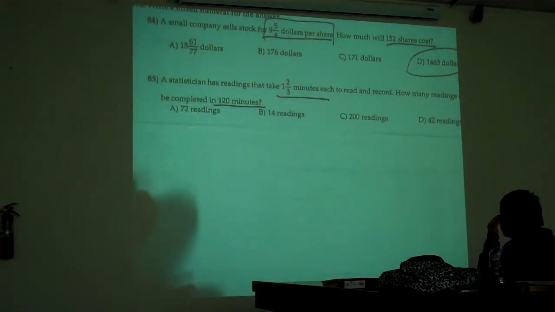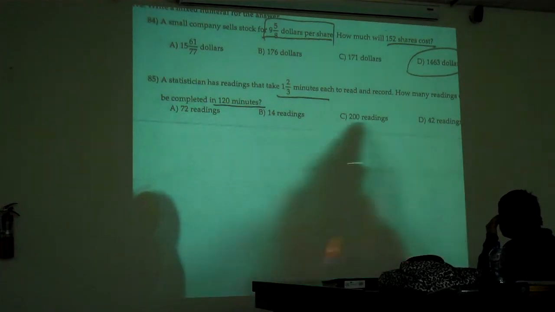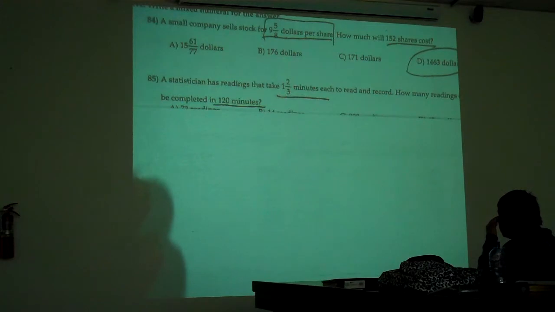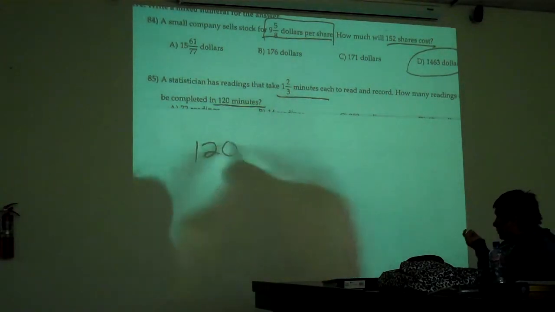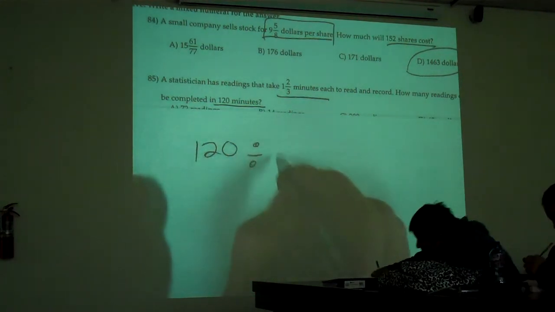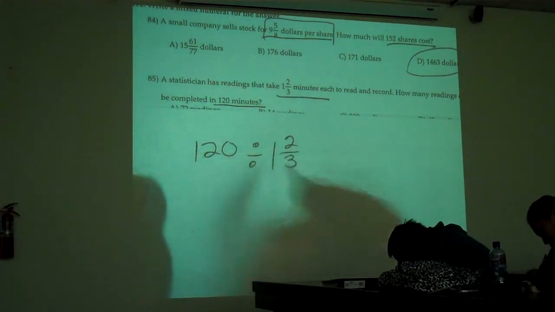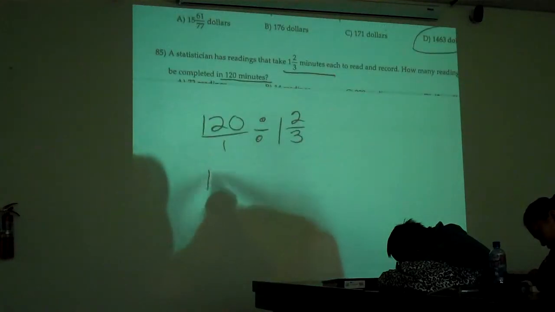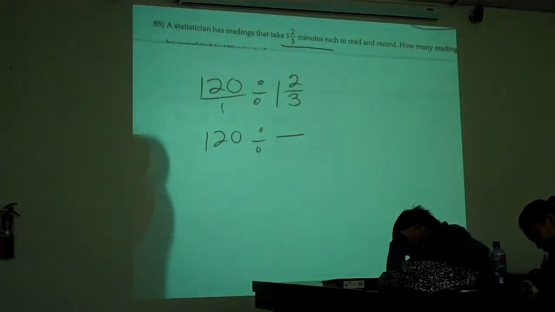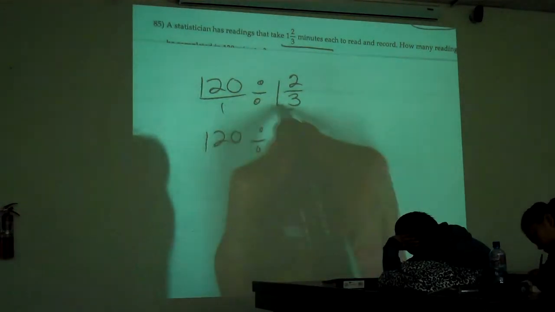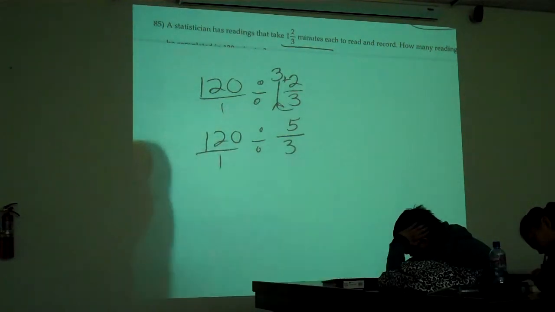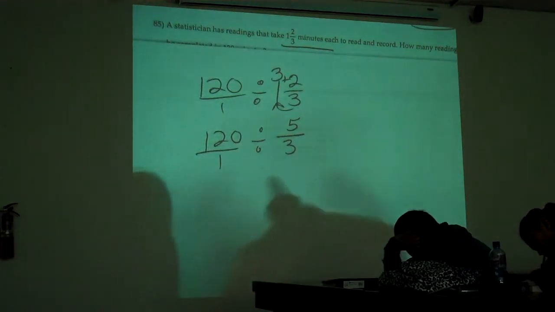So let's go ahead and do the work. We can guess probably the closest one is 72. But let's go ahead and do the work. We're taking how much time we have divided by how long it takes for each task, divided by 1 2/3. So we have 120 divided by, we need to turn this to an improper. 3 times 1 is 3, plus 2 is 5/3. Okay, after you do that, what do